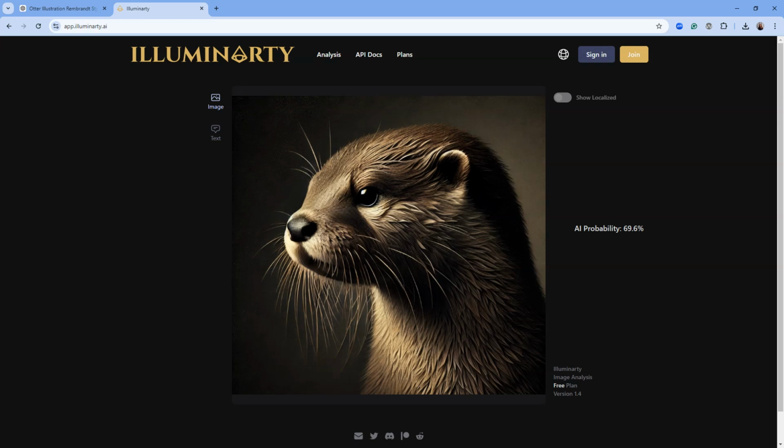Sometimes we have a simple yes or no answer. Sometimes we have a percentage like here. Now it's worth considering, this is 100% AI generated. Okay, so even here on this detector, it's only showing 69%. So again, you can see that these image detectors aren't going to be 100% accurate, but it is a space where you can start a conversation with your students.